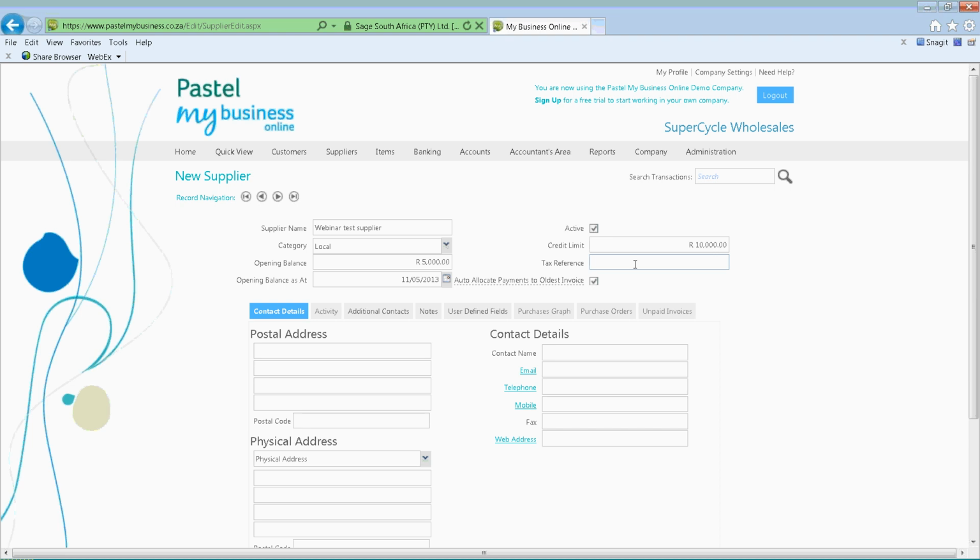Then also, what is the tax reference for this relevant supplier? You can enter that. And then also auto-allocate payments to the oldest invoice. You'll see everything that's got the dotted lines below it will give you the explanation on exactly what that means. But just to sum it up, when a payment is made to your supplier, do you want to allocate it to the oldest invoice, so just the outstanding balance, or are you paying for specific invoices